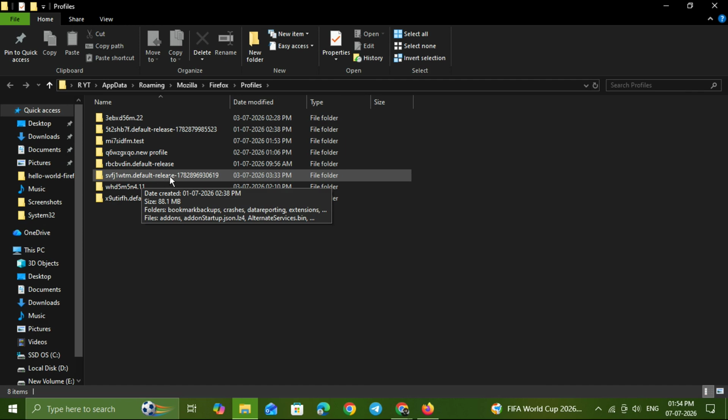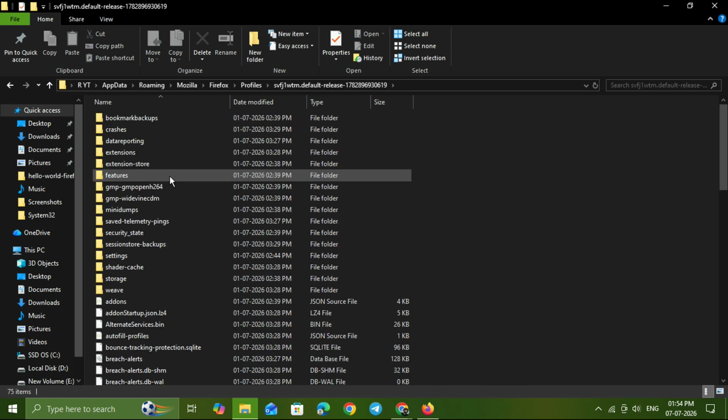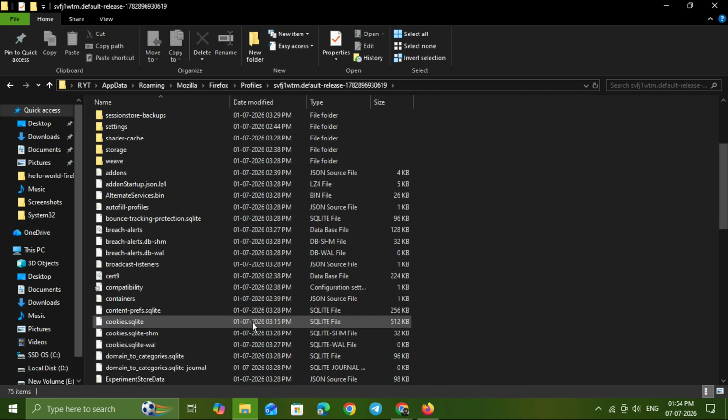Once you open your profile folder, look for a file called cookies.sqlite. This is the important file you're looking for. Firefox stores cookies in this SQLite database, which means your saved cookie data is kept inside this file rather than in a simple text document. If you need to back it up, inspect it, or use it for troubleshooting, this is the file to focus on. Just remember, you should always handle browser data carefully and only access files on your own computer or profiles